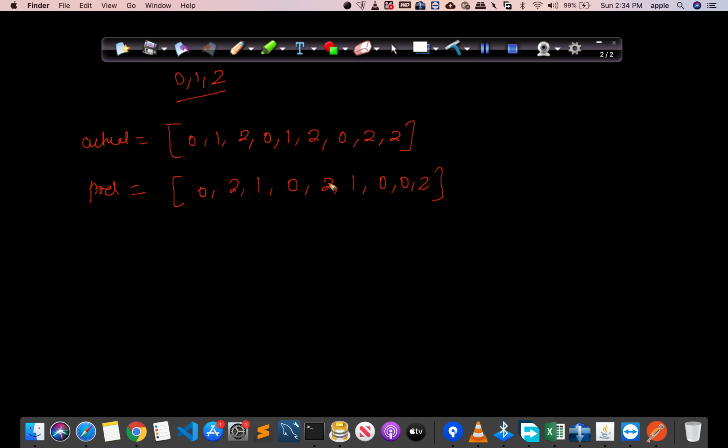Now, suppose we have to draw the confusion matrix. So first, let me draw the confusion matrix.